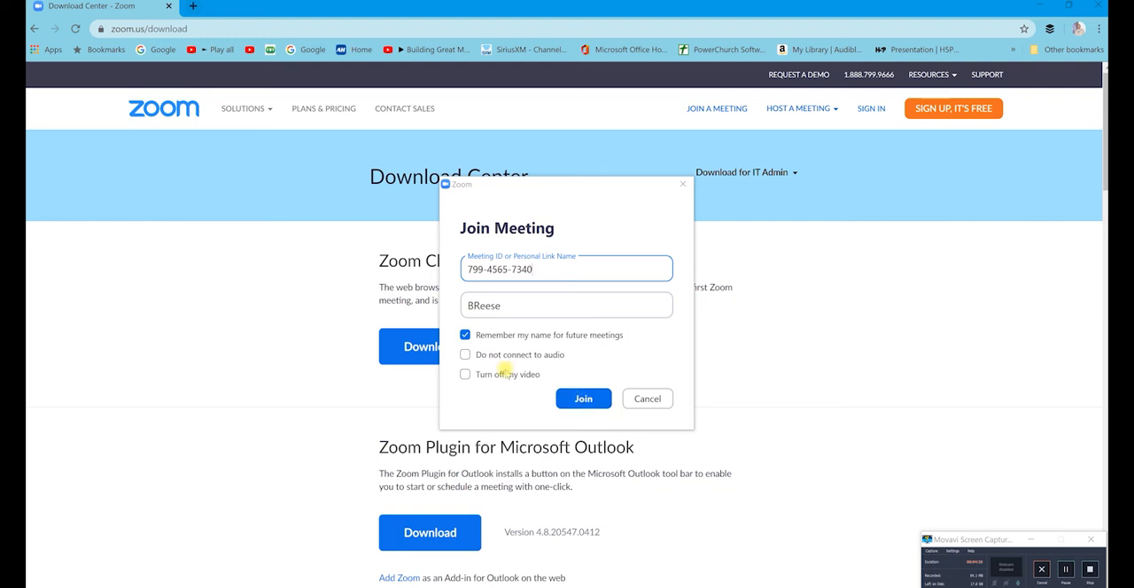Well, before we do that, make sure you do not click either one of these buttons here. Okay, because if you click this one that says do not connect audio, you won't be able to hear anything or say anything. If you say turn off my video, nobody will be able to see you. So leave those two buttons alone. The only one you want to do is remember my name for future meetings. And that's fine. And then you can type your name in here where it says your name. Once you've done that, go ahead and click join,